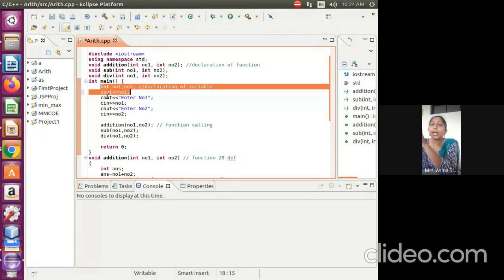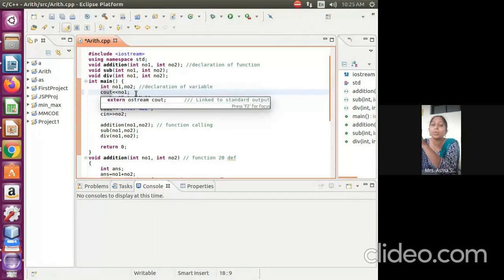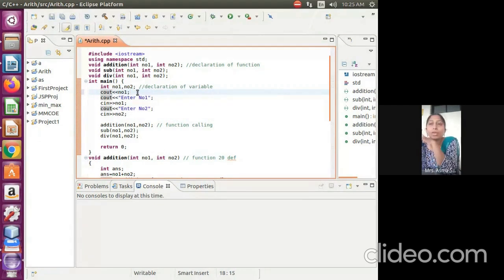I have only added one line. What will be the value of number 1? Nothing, it will give a garbage value. Garbage value, okay. Any other answers? Options are null, garbage, zero, and don't know.